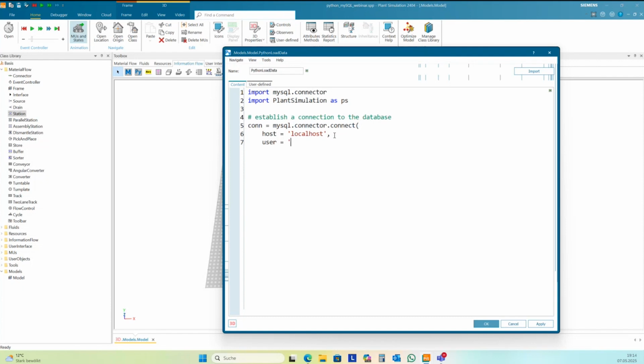User, you should have another one, but this is the default installation of MySQL. The default installation comes with root. You should change this, and the default installation has also no password.